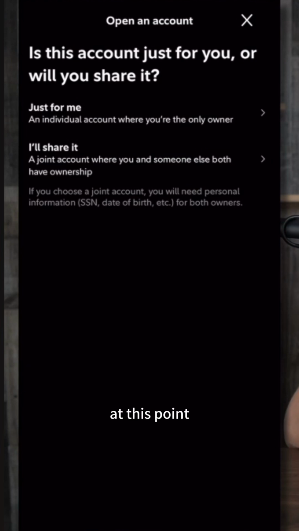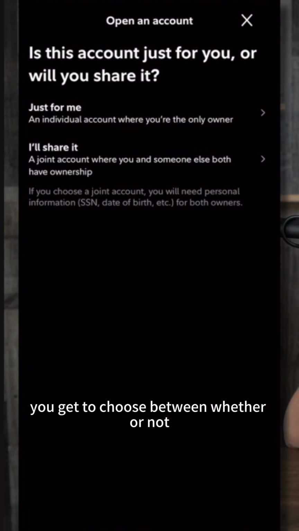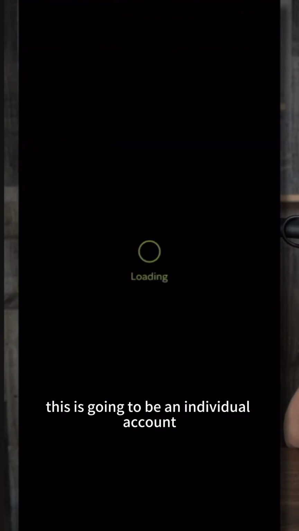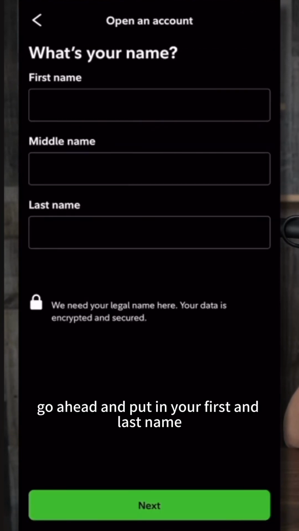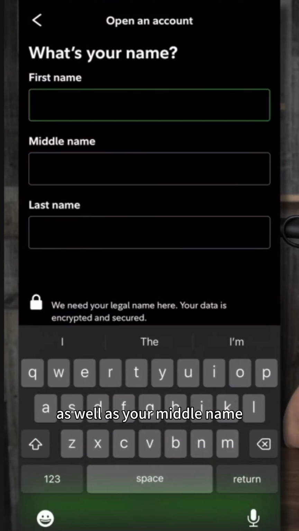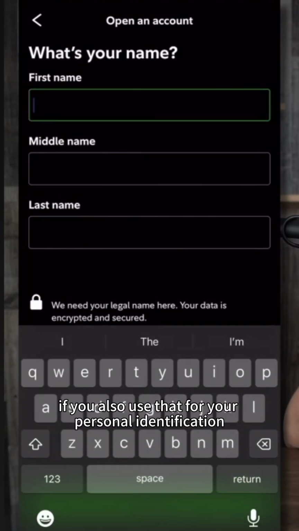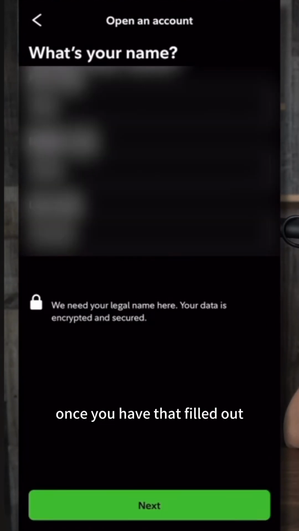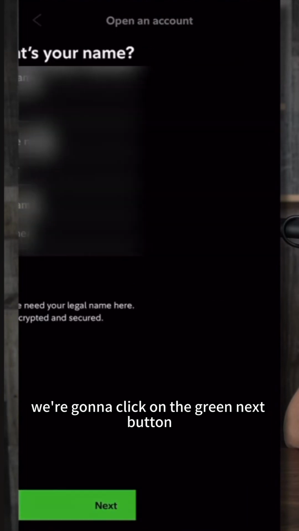a new account. At this point, you get to choose whether this is an individual account just for yourself, or if you're trying to open up a joint account. This is going to be an individual account. Go ahead and put in your first and last name as well as your middle name if you also use that for your personal identification. Once you have that filled out, we're going to click on the green next button,